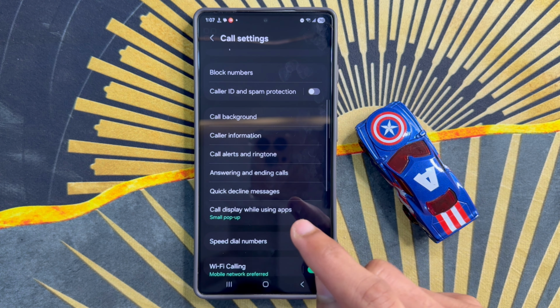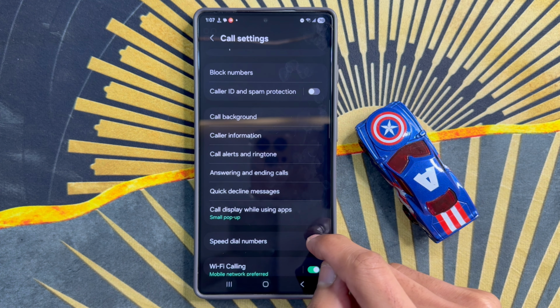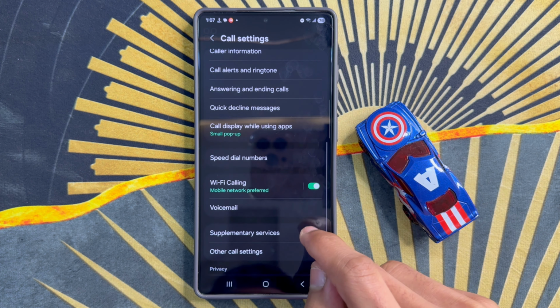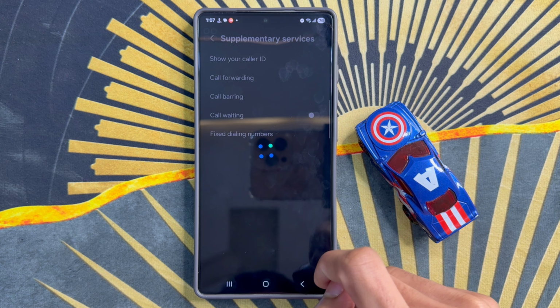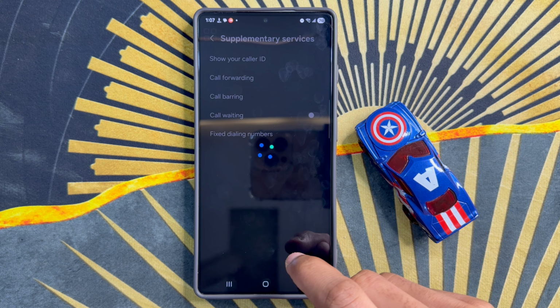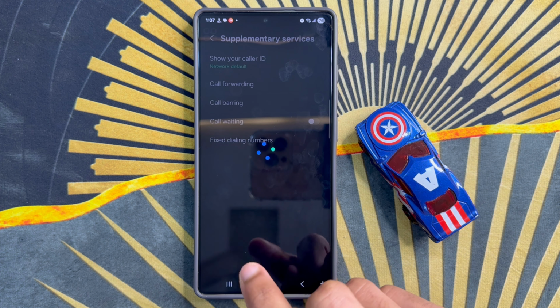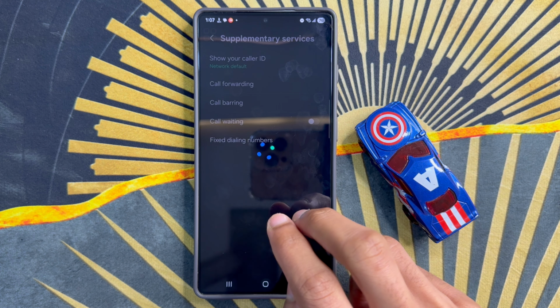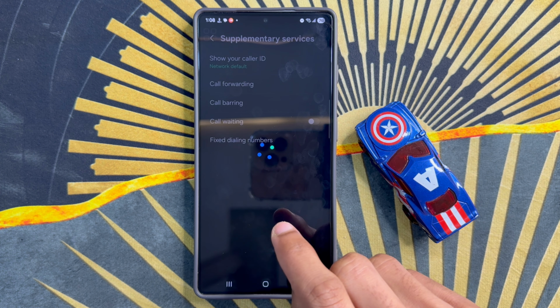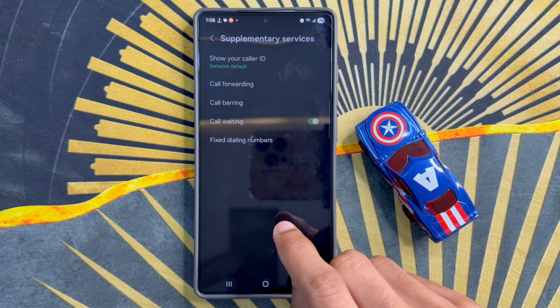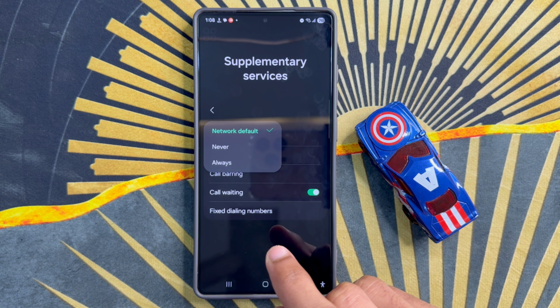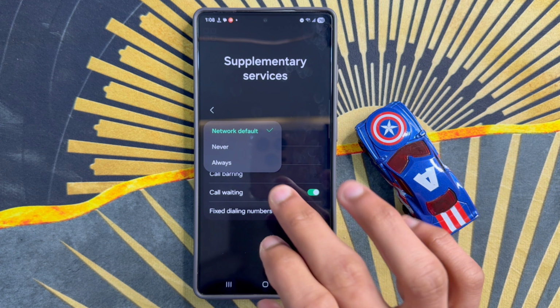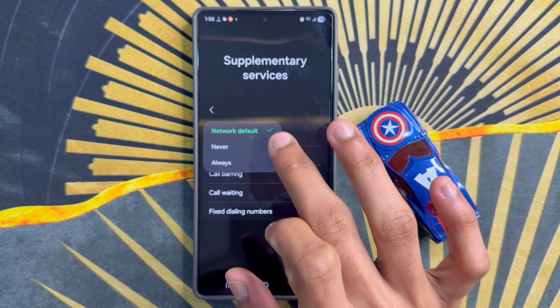scroll down and click on supplementary services. After clicking on supplementary services, click on show your caller ID. If you want to show, click on, and if you want to hide,